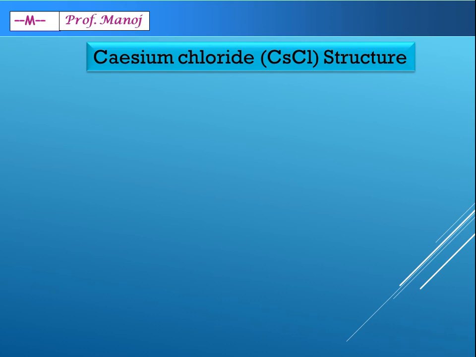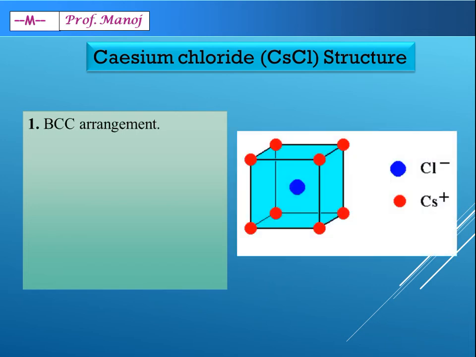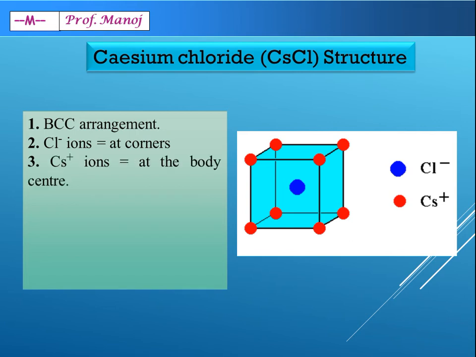The second system which we study is cesium chloride. Here we have the cesium chloride structure forming a very simple body-centered unit. You can see the cesium ion is placed in the center, and chloride at the corners. So chloride ions form the corners and the cesium ion sits at the body center. The diagram can be inverted. For example, you can make a similar diagram where chloride is shown at the center and cesium at the corners. The opposite is possible.